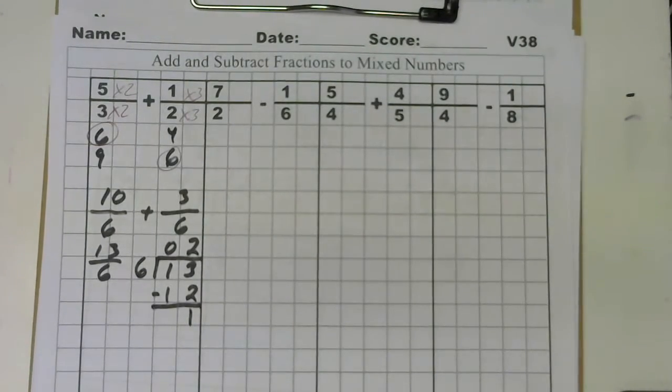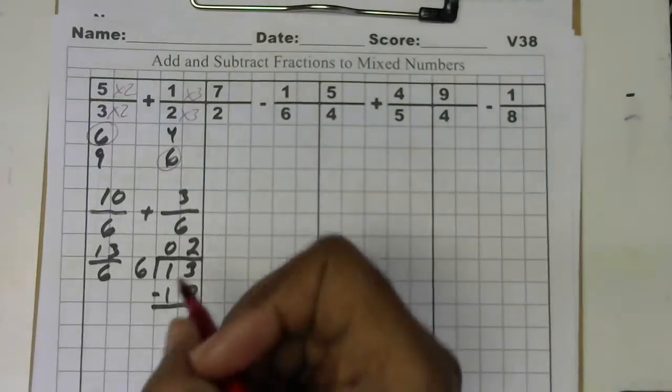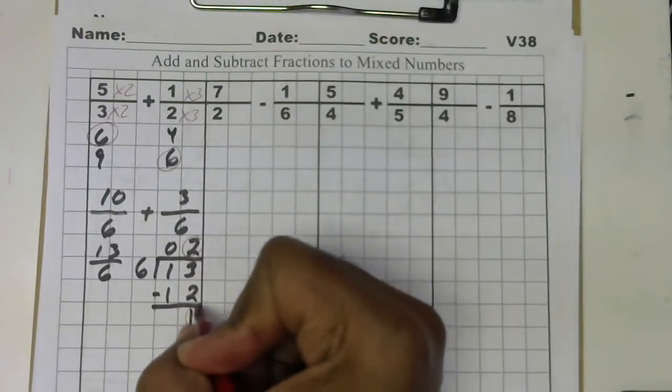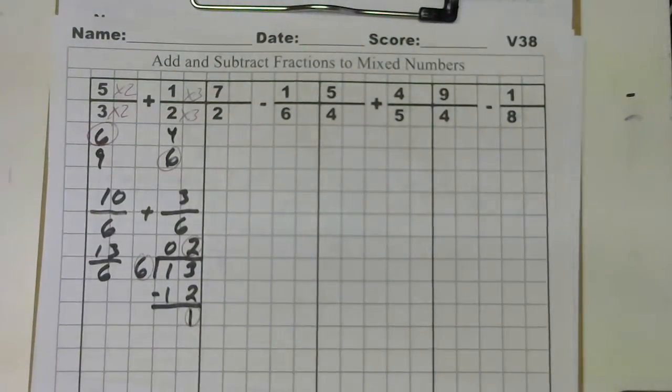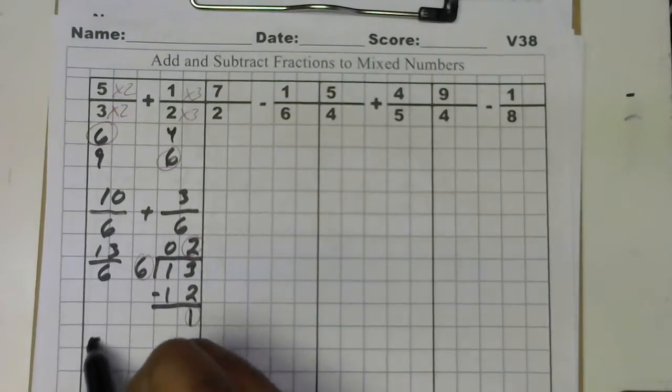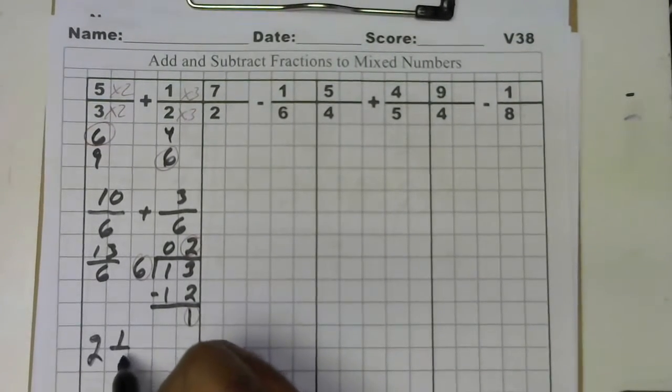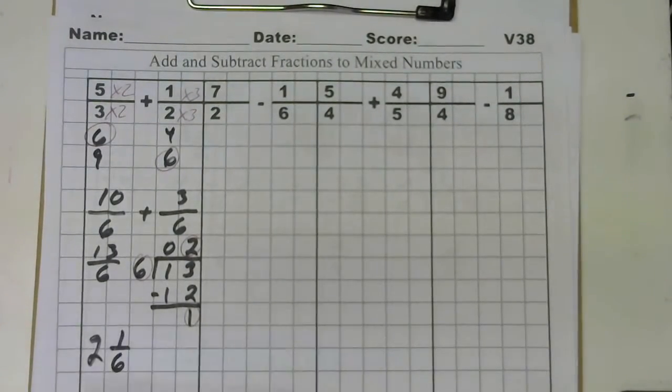So now we have our remainder. Our remainder will give us our fraction. So we have 2, 1, and 6. So this will be 2, 1, and 6. And there's our mixed number. Next,